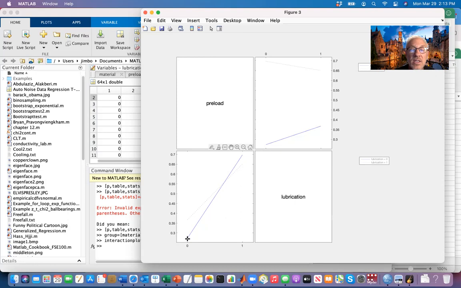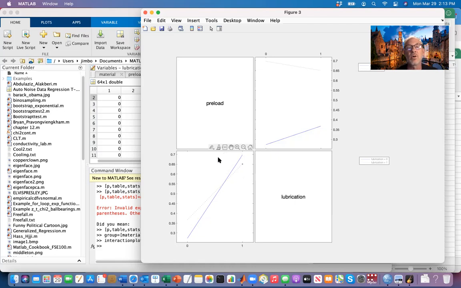And here you'll see that no lubrication results in a lower force needed to loosen the bolts. But at a higher preload, lubrication allows the bolt to tighten more, and so it's harder to, excuse me. At higher preload, it